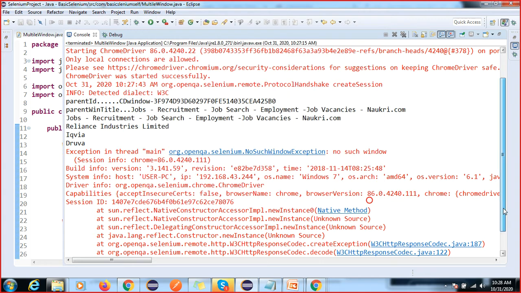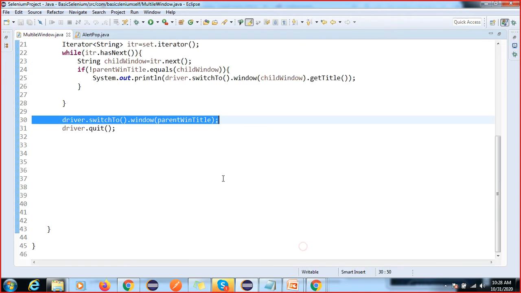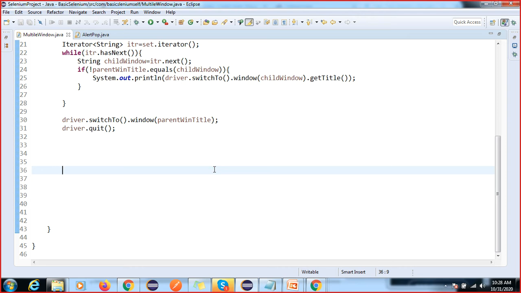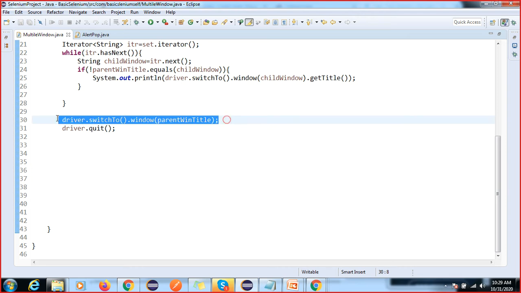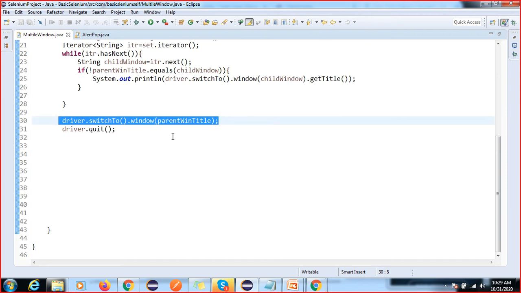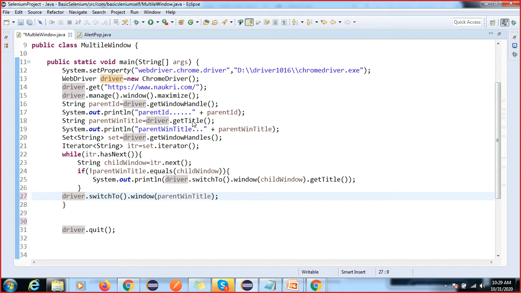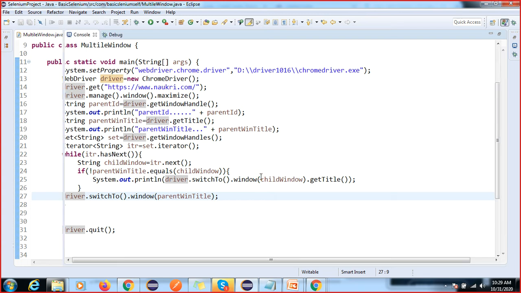Line number 30. Okay, one second. I think I have given this outside of this, so that's why it is not working.